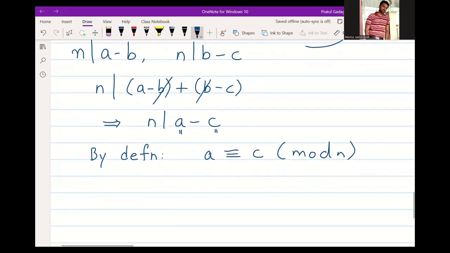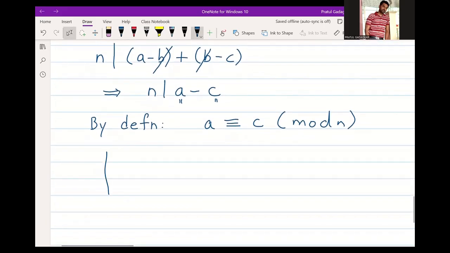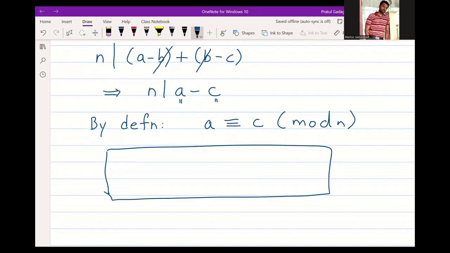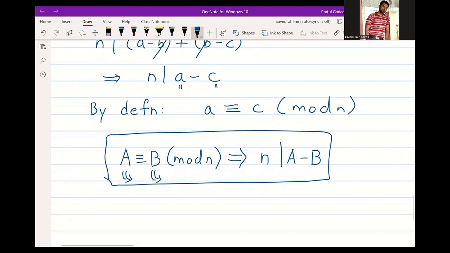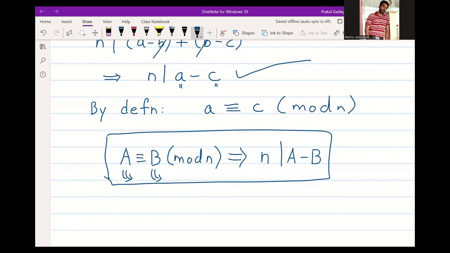If you remember, the definition of congruence was saying that A congruent to B modulo n is the same thing as saying that n divides the subtraction A minus B. So if you have n divides A minus C, it means that this number A and this number C must actually be